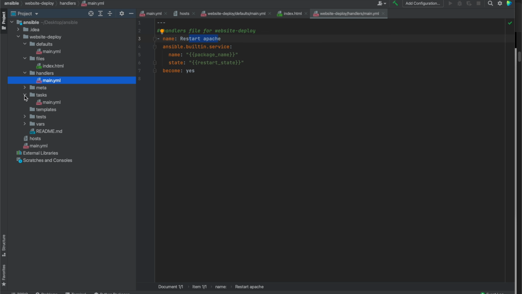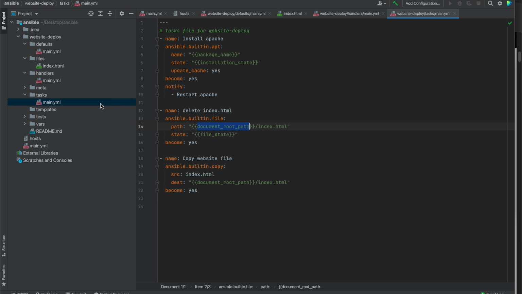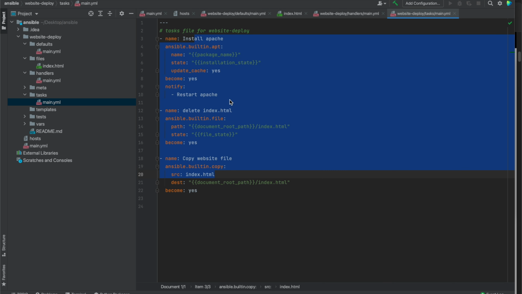Now let me expand tasks, which contains the actual tasks. I have not added anything in the meta directory, which contains the metadata of the role, because I don't want to add that for now. We can skip it. The tasks file, as you can see, is the actual playbook that I want to execute